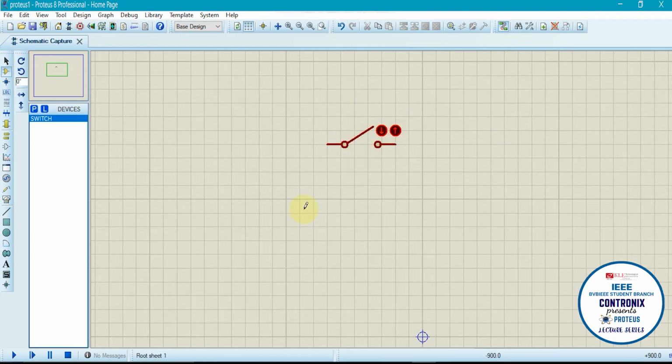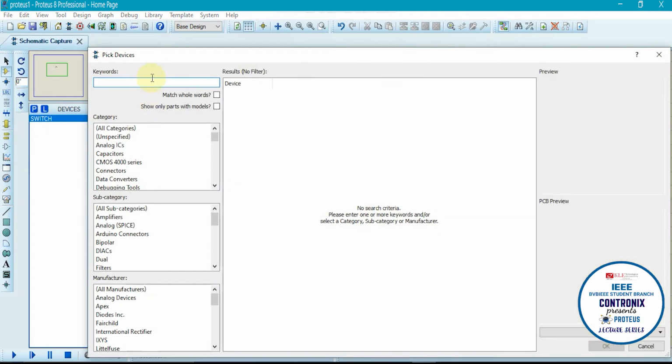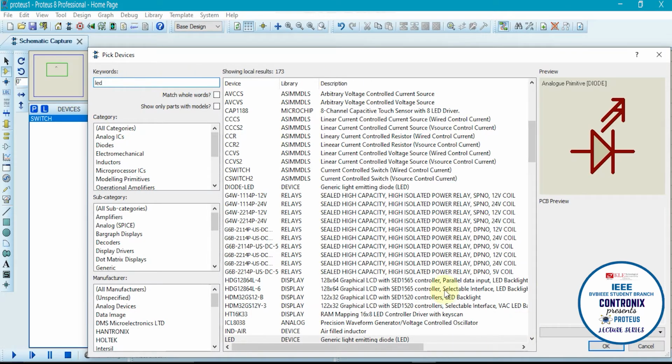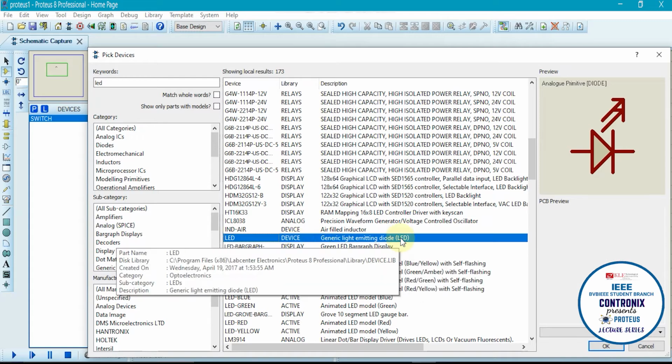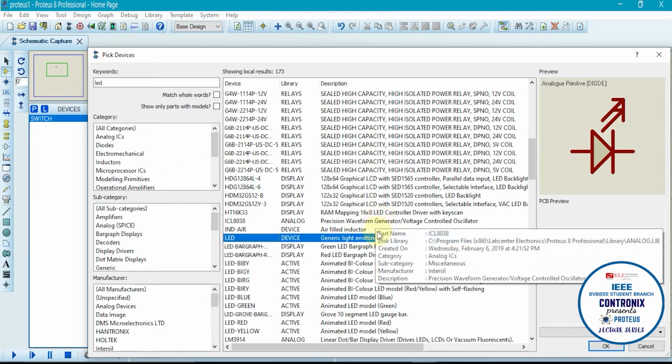Now to show the working of the switch, let us consider a simple circuit where I will glow an LED. Again I will go to pick devices and search for LED. Here too there are different types of LED available. Now this is a simple LED.